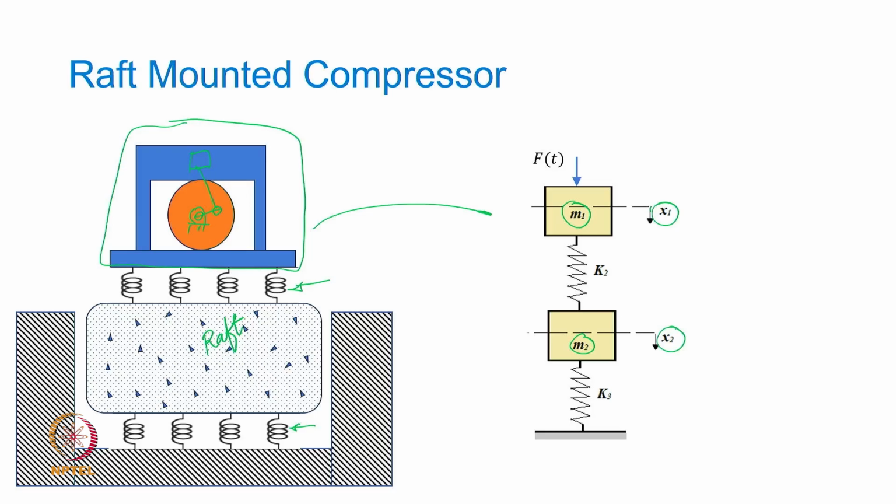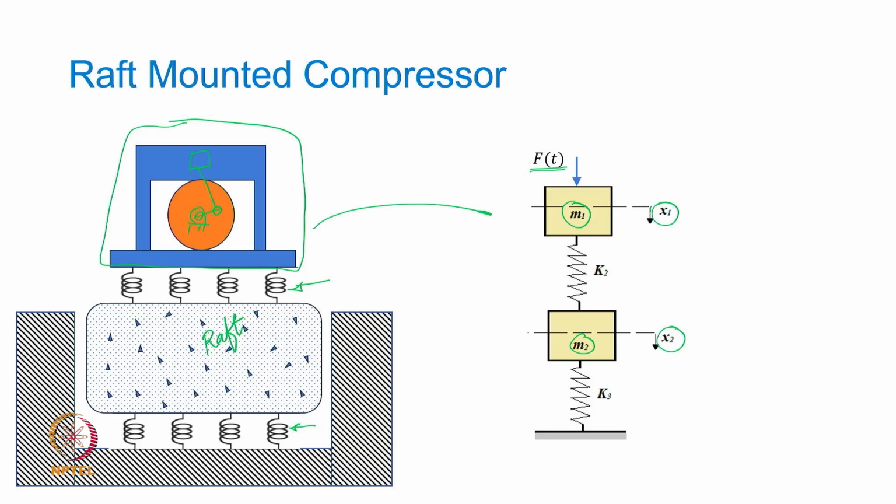What is the difference here now? That the compressor, being a rotating machinery, will excite the compressor structure with a dynamic force. So we are now including the forcing function in this 2 degree of freedom model. Okay,